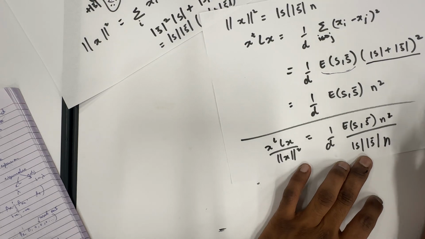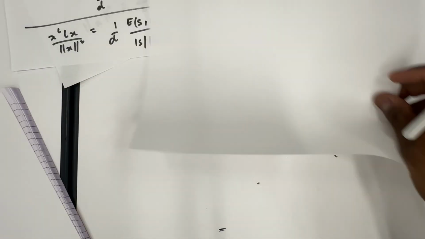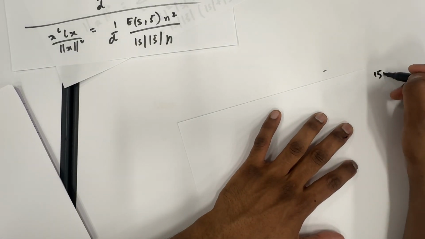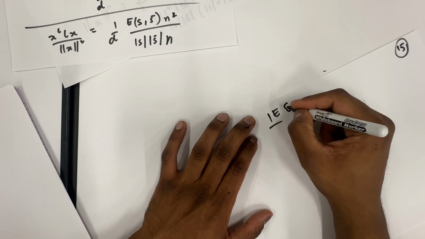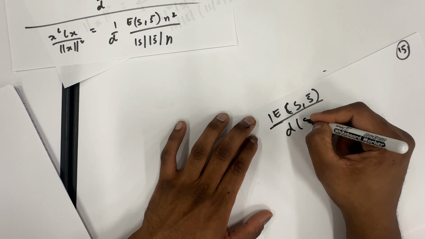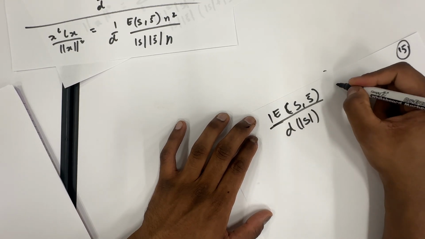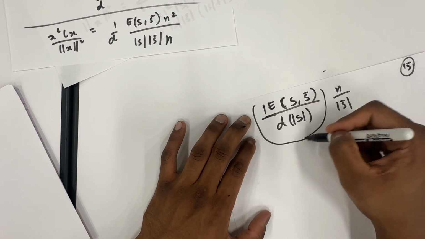I cancel one n, and there is a very nice argument now. This is 1 over d times the number of edges in S, S bar, times n over S bar. Now this is the h of G,